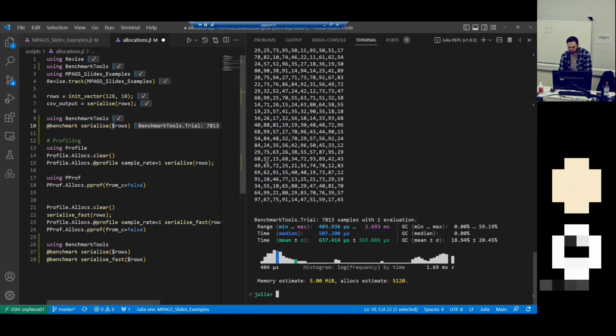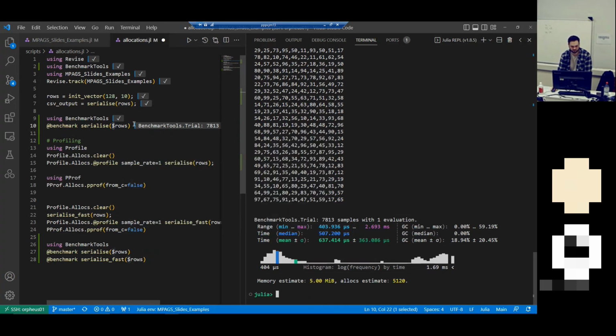One of the other pieces of information it gives us is that it's allocating over 5,000 times, and you would wonder where are these allocations coming from? Sometimes you don't know, especially if you're using someone else's code, you're not quite sure where the allocations actually are. And it's allocating 5 megabytes of memory, which isn't much, but in the context of this example, it can be quite a lot. And imagine you wanted to save some data to a file where you had millions and millions of examples. This would quickly explode, and